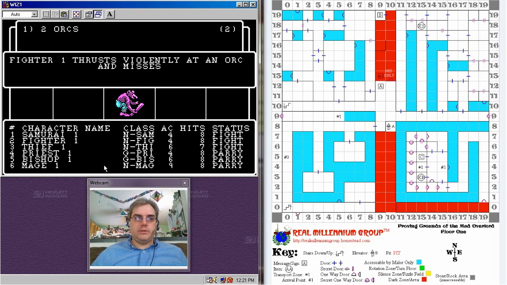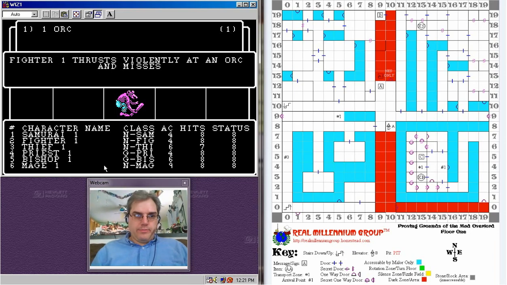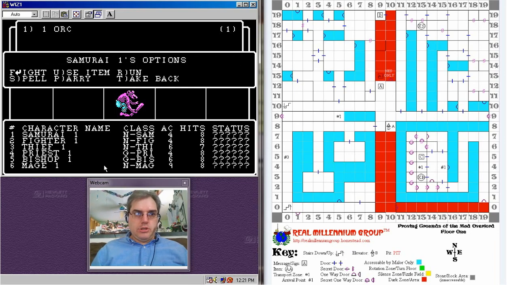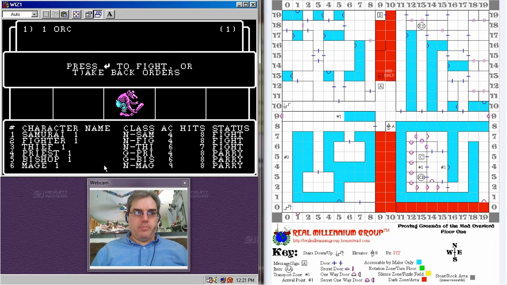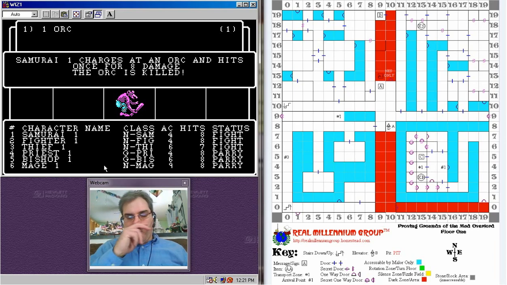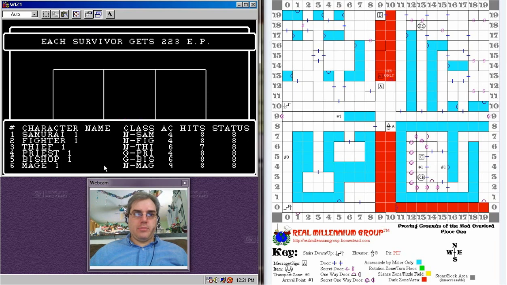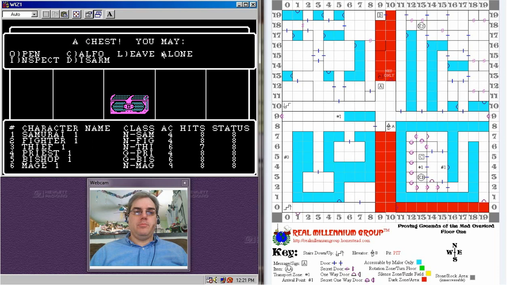Oh, I missed. One orc left. So fight, fight, fight. Parry, parry, parry. We're good. And the samurai finishes him off. So this actually uses a lot of monsters, so we get some nice EP, experience points, back in the day.